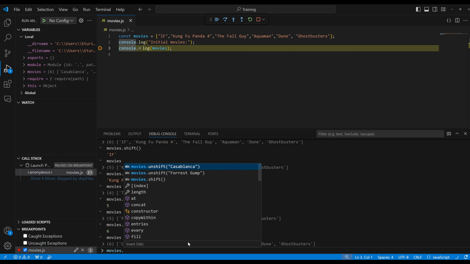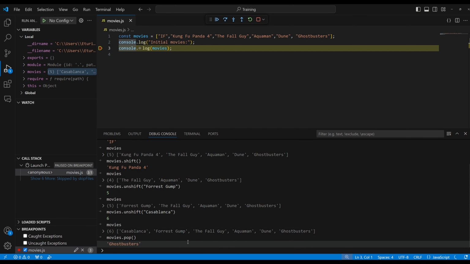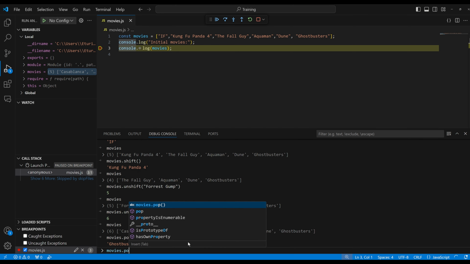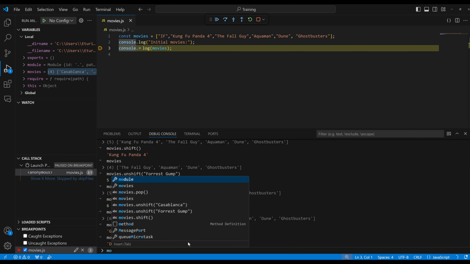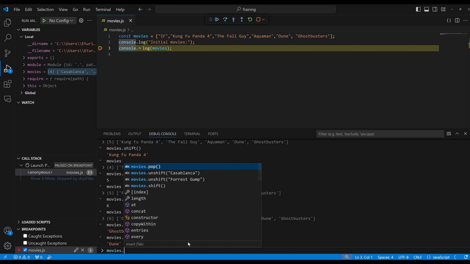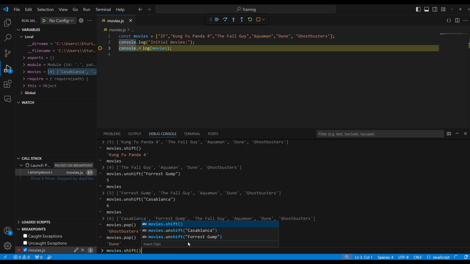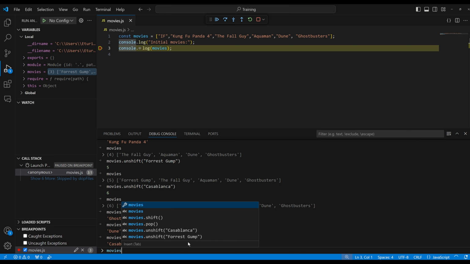Let's type movies.pop and remove the last movie. Let's pop it again, remove the movie Dune. Now let's type movies.shift and remove Casablanca, the first movie.